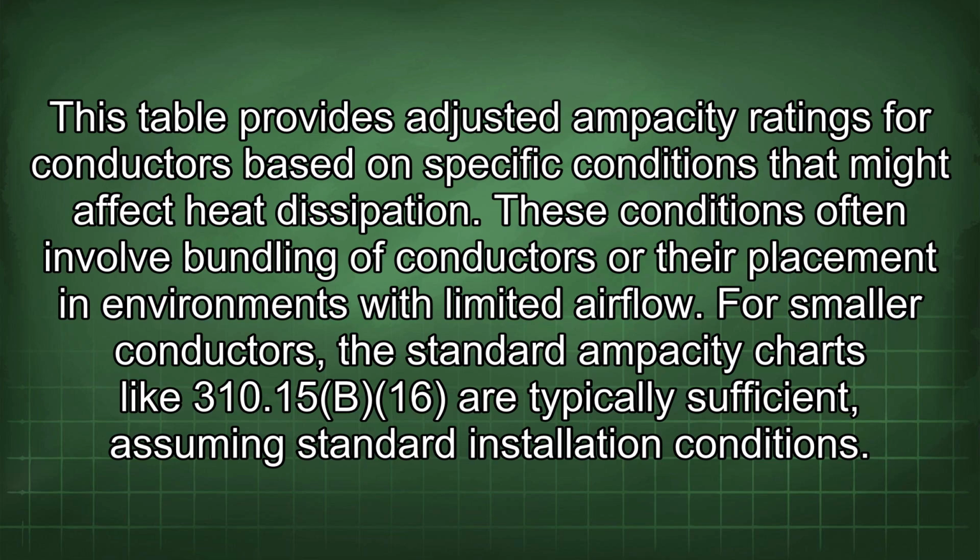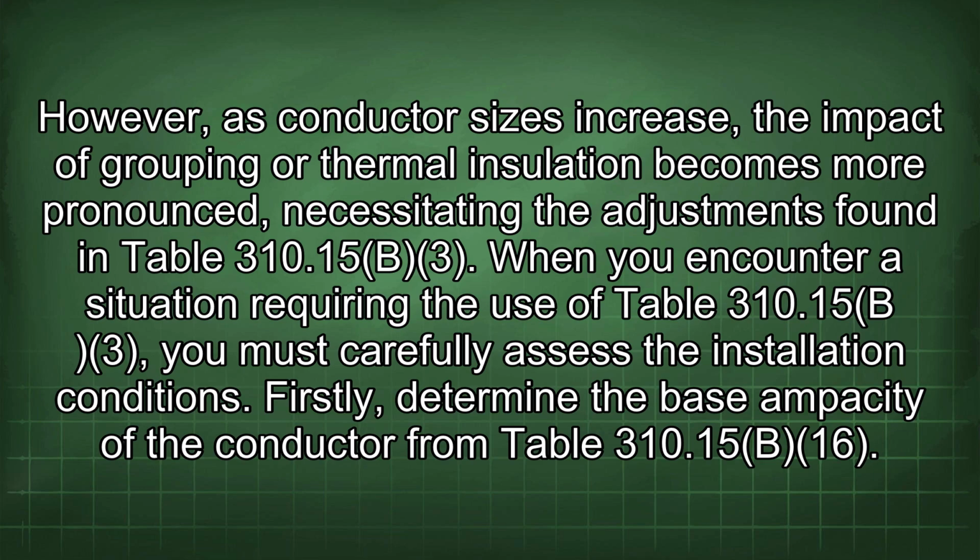These conditions often involve bundling of conductors or their placement in environments with limited airflow. For smaller conductors, the standard ampacity charts like 310.15(B)(16) are typically sufficient, assuming standard installation conditions. However, as conductor sizes increase, the impact of grouping or thermal insulation becomes more pronounced, necessitating the adjustments found in